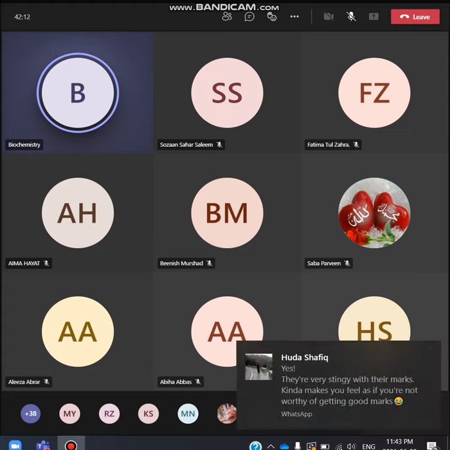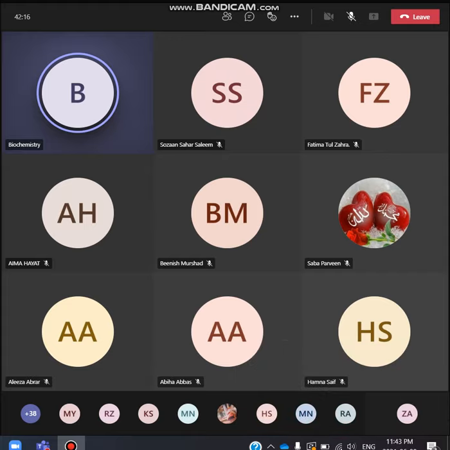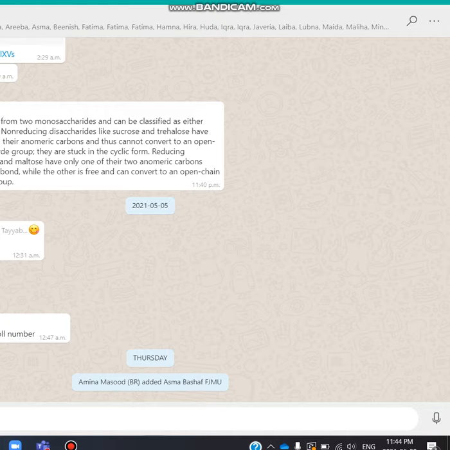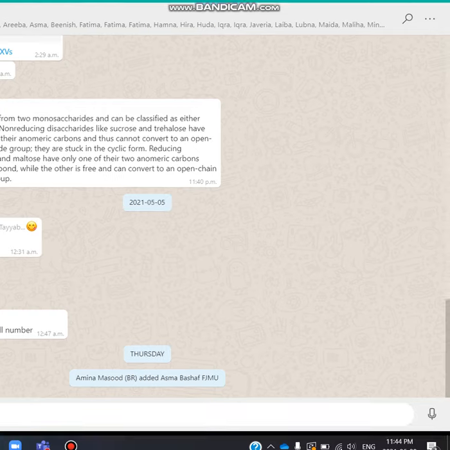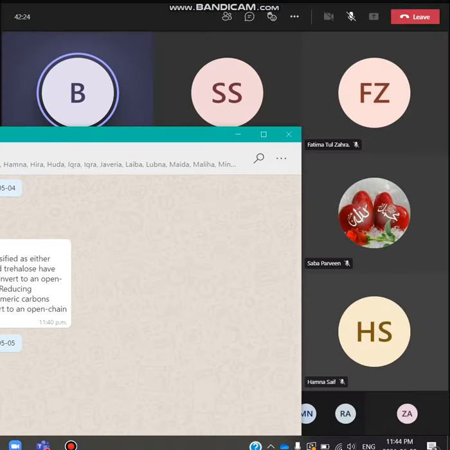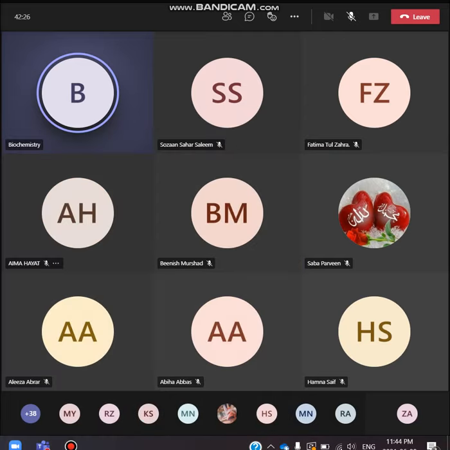And set A will show you the results of iodine solution, and set B will show you the results of Benedict's qualitative test. And in each, iodine solution will change the color. So you can see these colors just by looking at the test tube. But for the Benedict's qualitative test,